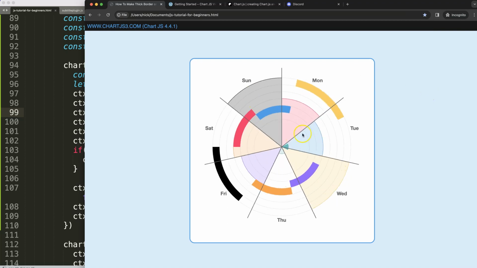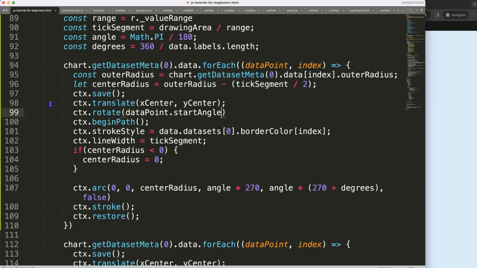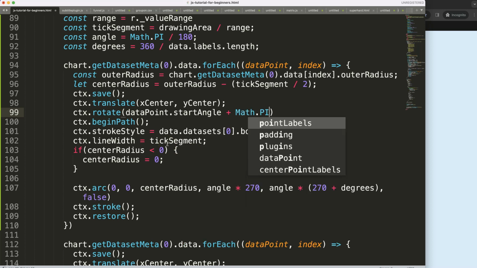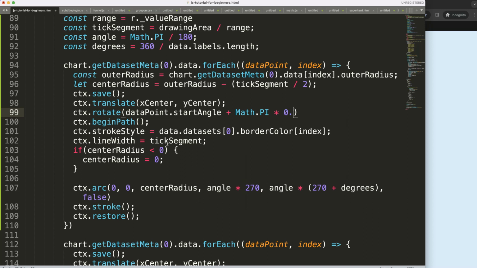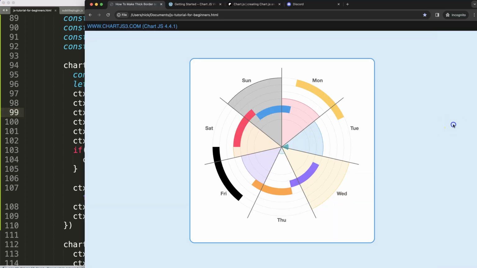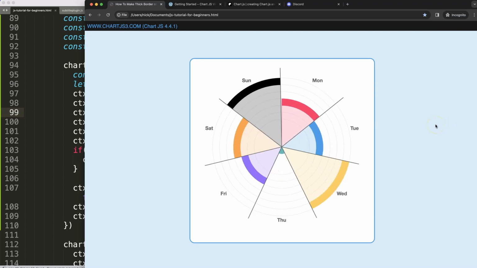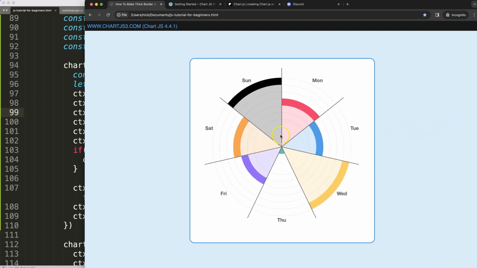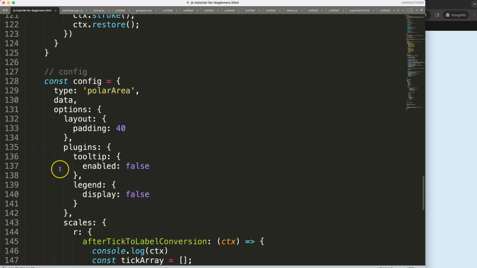Alright, the reason why this doesn't work yet is because we're starting again from 0 here and we need to be at 270, or we need to work with the right calculation. For that, I'm going to use very simple Math.PI multiply by 0.5. Let's see if this one gets it in the right position. There we are. So now we have this here, but I'm not satisfied yet